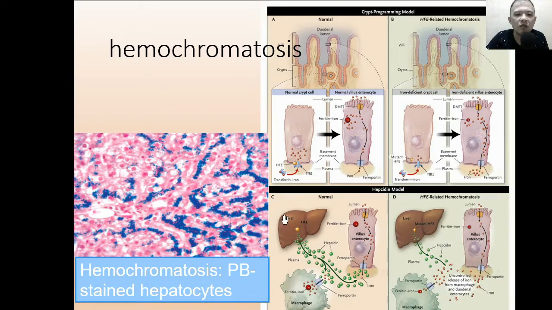That's why not all iron goes into the bloodstream. Whereas in hemochromatosis, you have a problematic HFE gene, thus a problematic hepcidin. You have low production of hepcidin, thus the absorption of iron is uncontrolled. So you have high levels of iron in the blood, and that is very toxic,